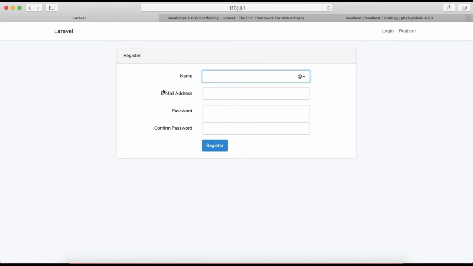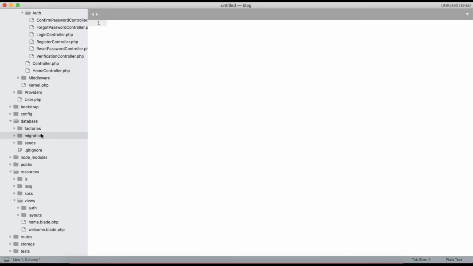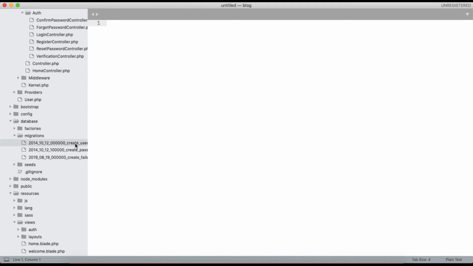This part is completed, and one more thing we need to do is create the users table. Let me show you in the database directory. You can see that in migrations, three migrations are created. In Laravel we create the database tables using migrations.